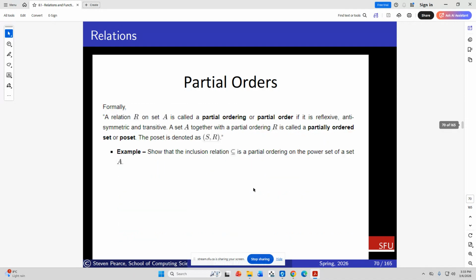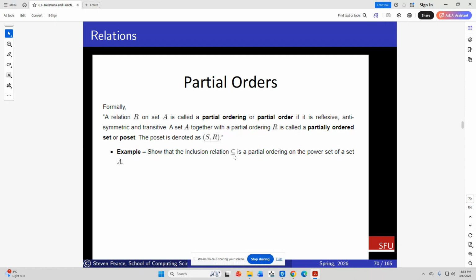Okay. So let a relation R on a set A be called a partial ordering, a partial order, if it is reflexive, antisymmetric, and transitive. A set A together with a partial ordering R is called a partially ordered set, or a poset. The poset is denoted as (S, R). So, for example, show that the inclusion relation